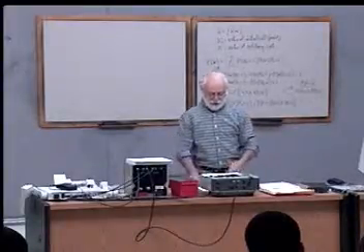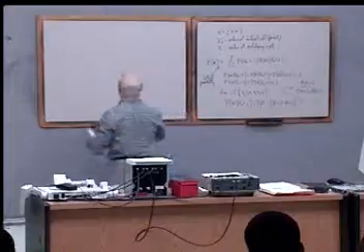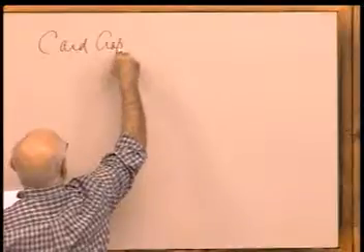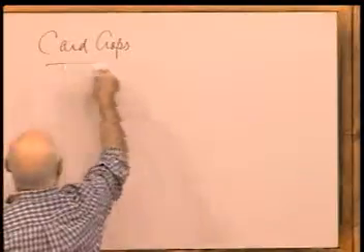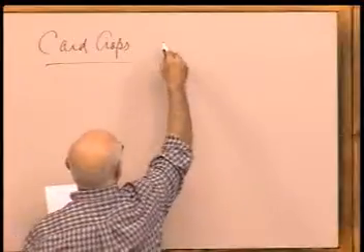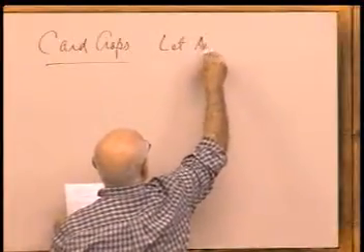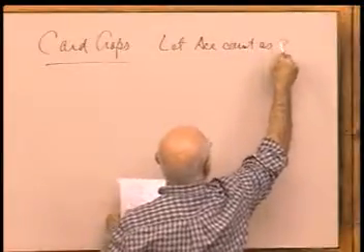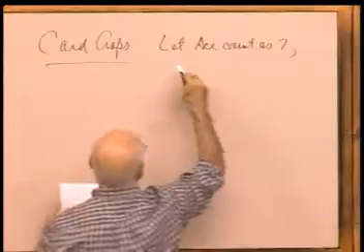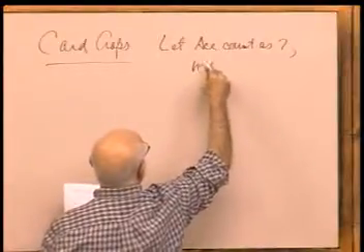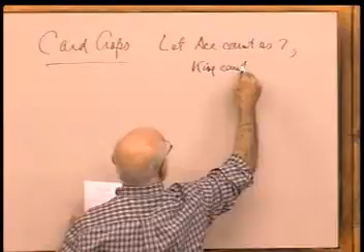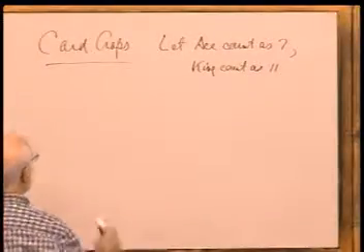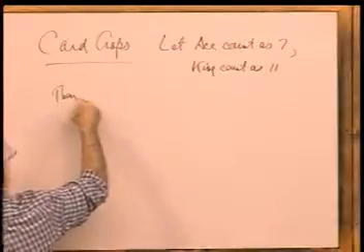Okay, so here's card craps. So this is my definition. So what I'm going to do is I'm going to let ace count as 7. And king count as 11. Okay, so then, as before,